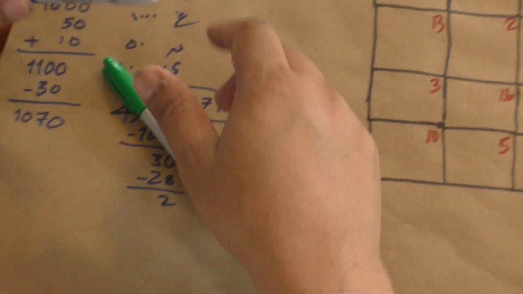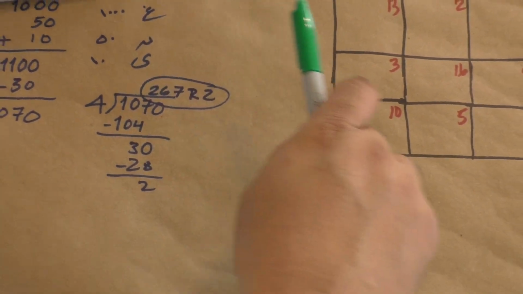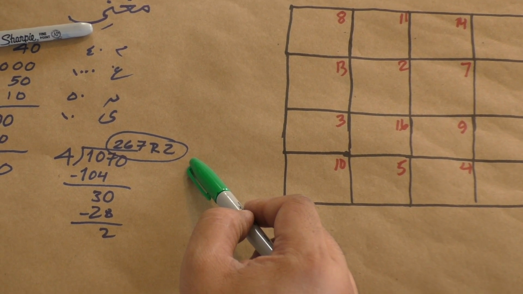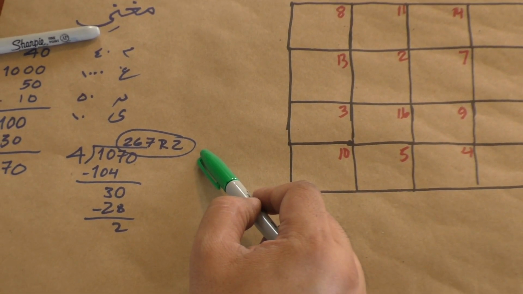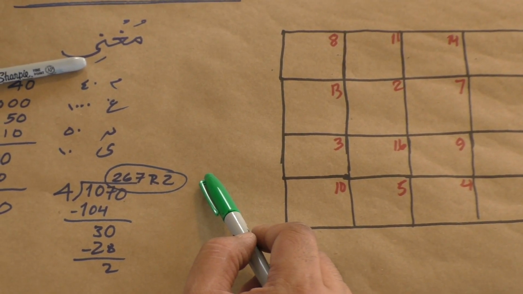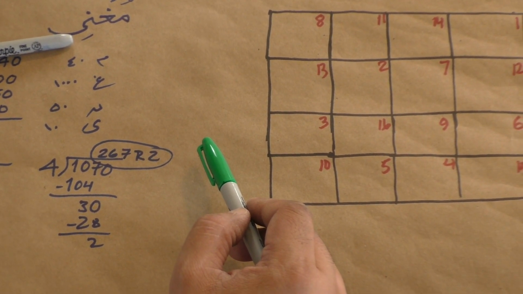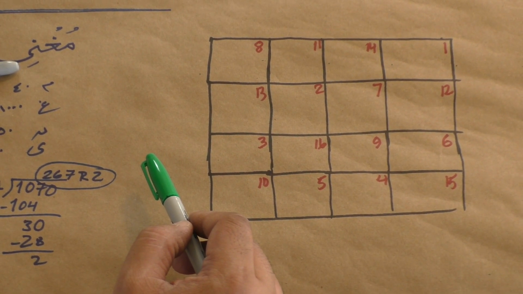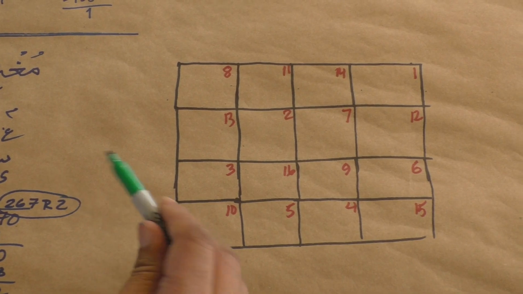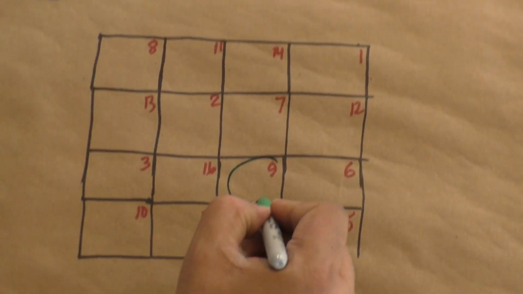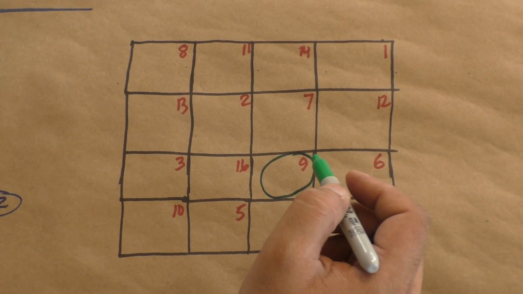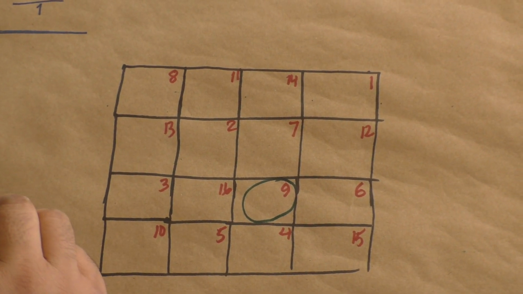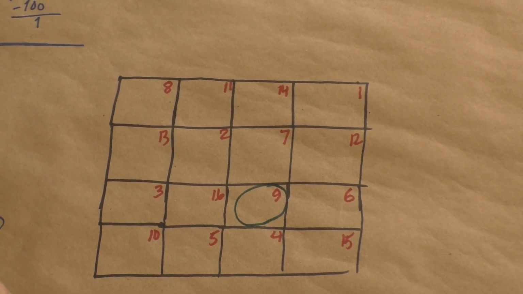So we need to start with 267 in cell number 1. But we have a remainder of how much? A remainder of 2. That means we have to increase from the 9th cell. So we want to come over here and circle the 9th cell. From that point on, we need to increase everything by 1. All right? So we start with 267